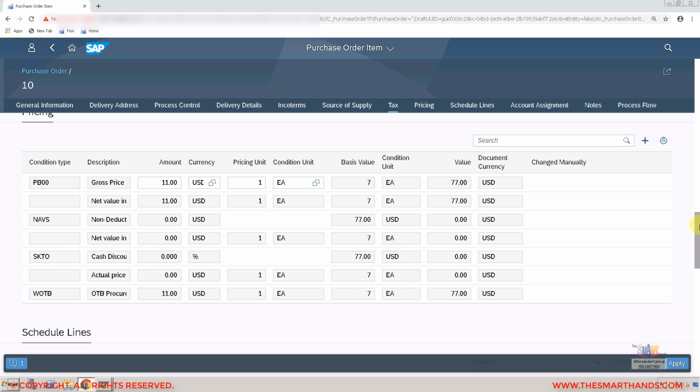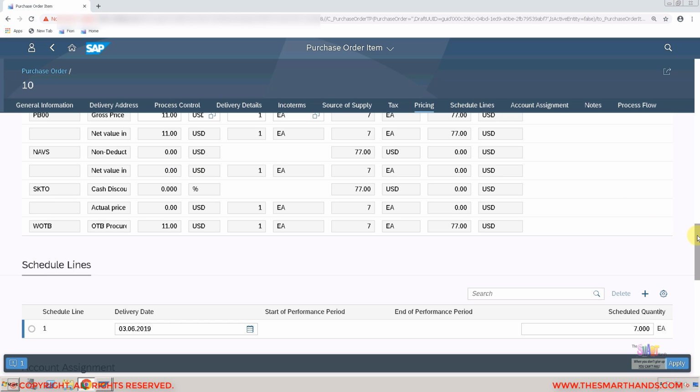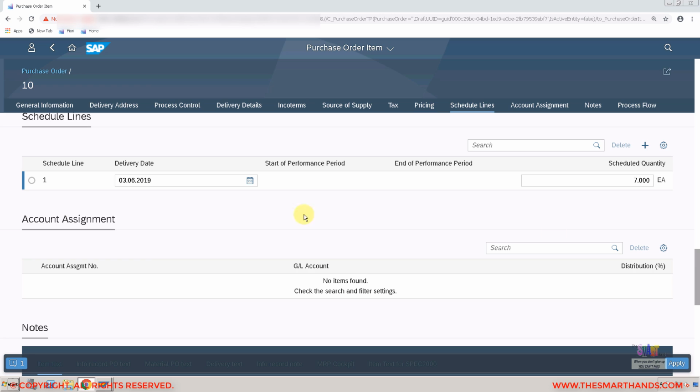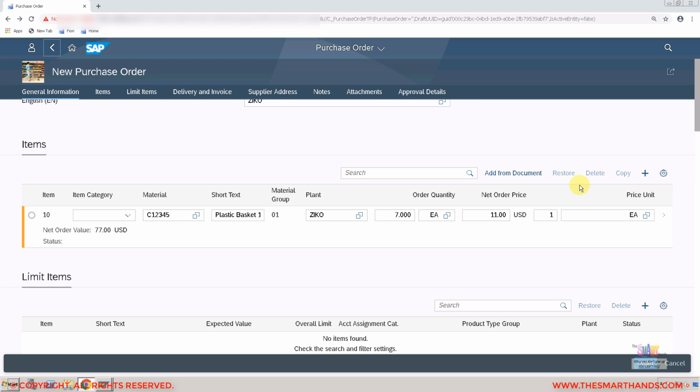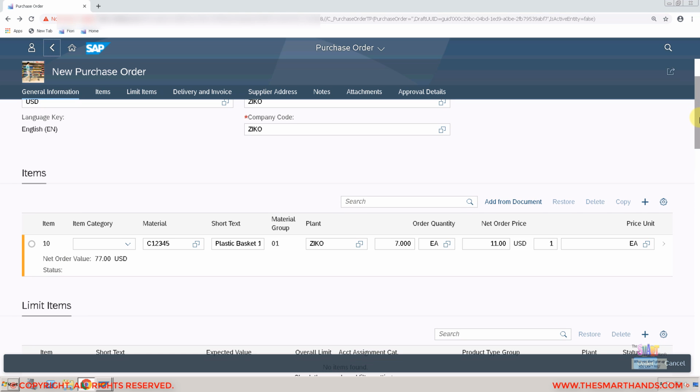So here at the bottom you can see the pricing. Price is $11. Price is picked up from the PIR record. At the bottom you can see the schedule line, and system picked up the delivery date and all that. So here if you want to go back, let me go back one step. You can click on this little arrow and you're back. So here if you want to enter more items, you can click on this plus sign again